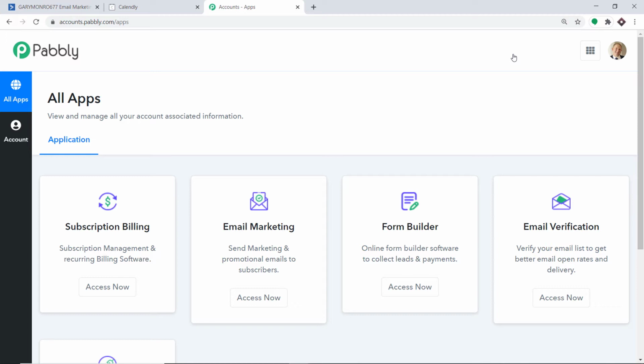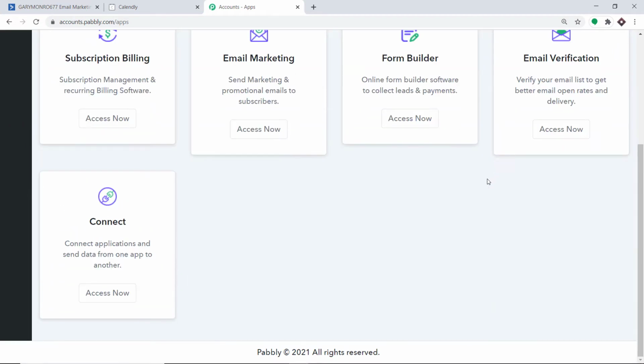You can also create your own free account in just 2 minutes. Here, I would like to mention one more thing that Pabbly Connect offers a plan where this integration can be tried out absolutely free. So you just have to clone the template of its workflow, which is available in the description box. Once you clone the template, you will get immediate access to this amazing workflow in your account. Okay, so scroll down and at the bottom you will find connect. Just click on access now.